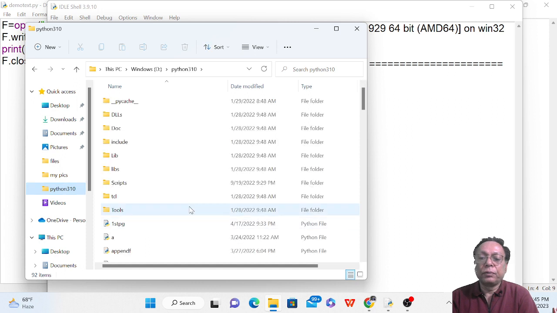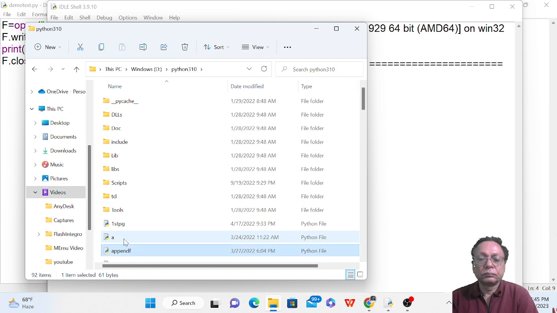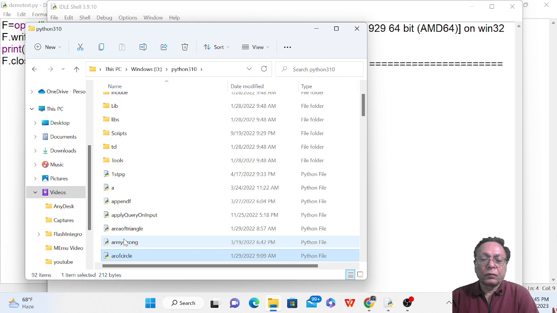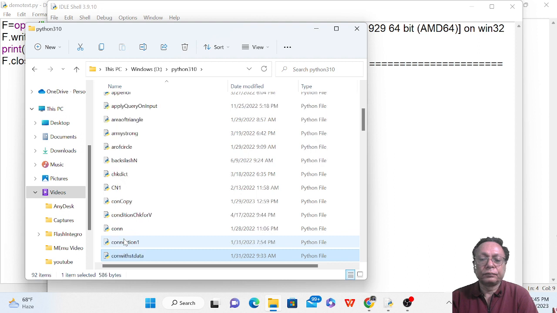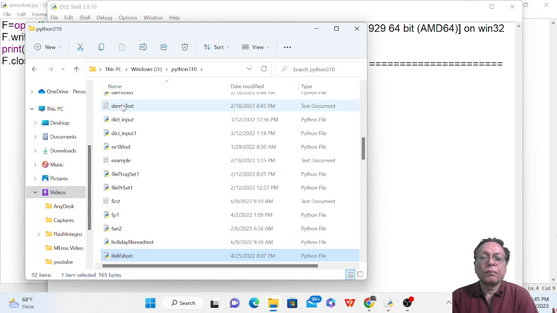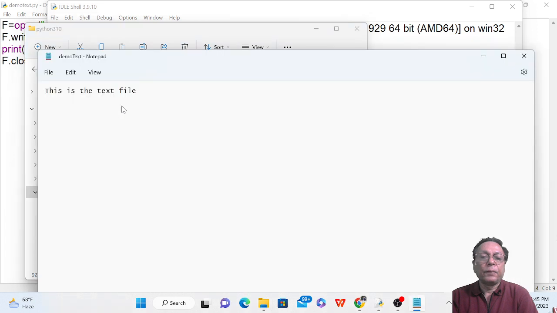Demo, demo text. This is a text file. So just open it and observe whether it is written or not. So here this is written. This is a text file, and if I add more lines to this file,